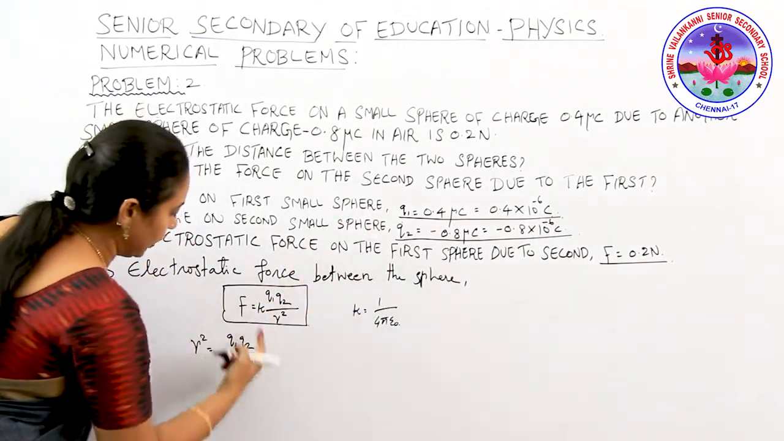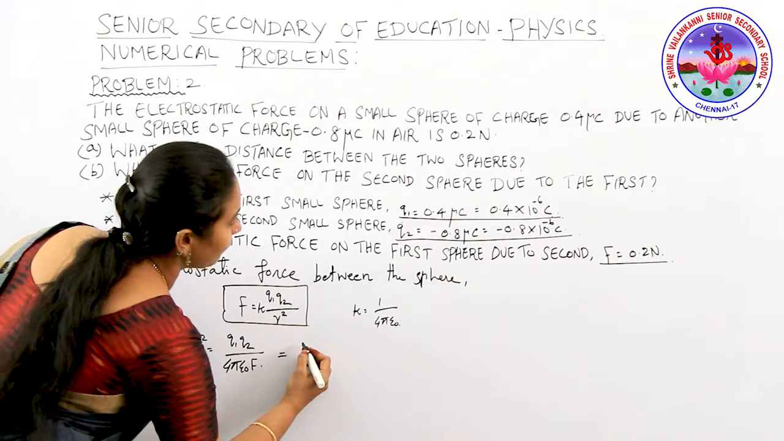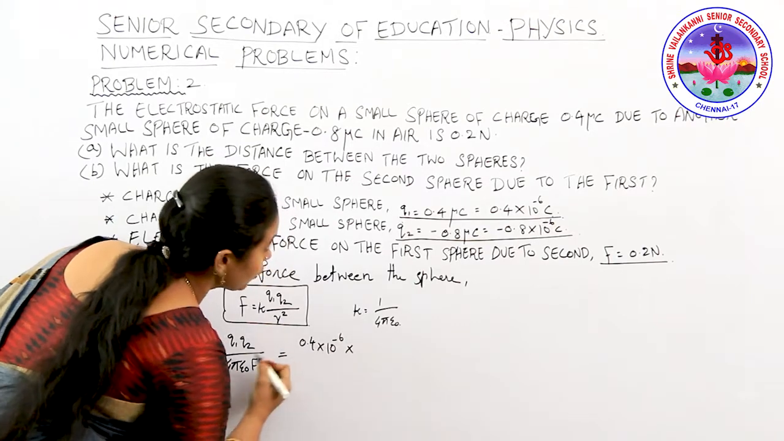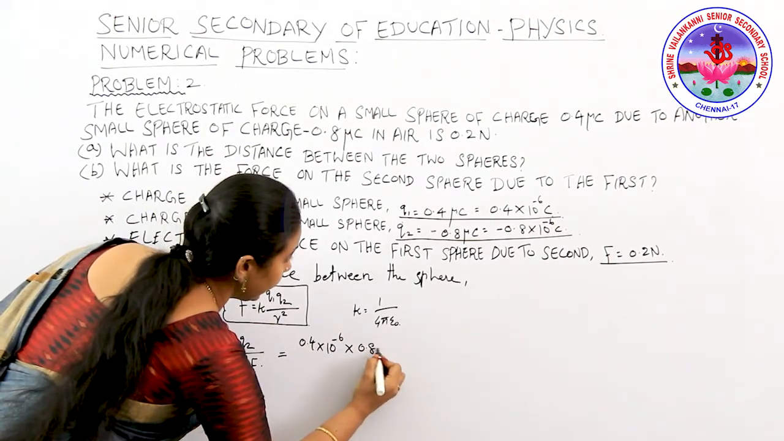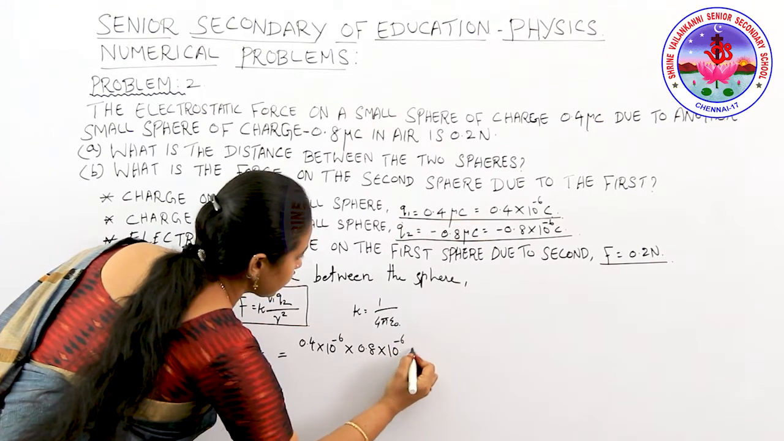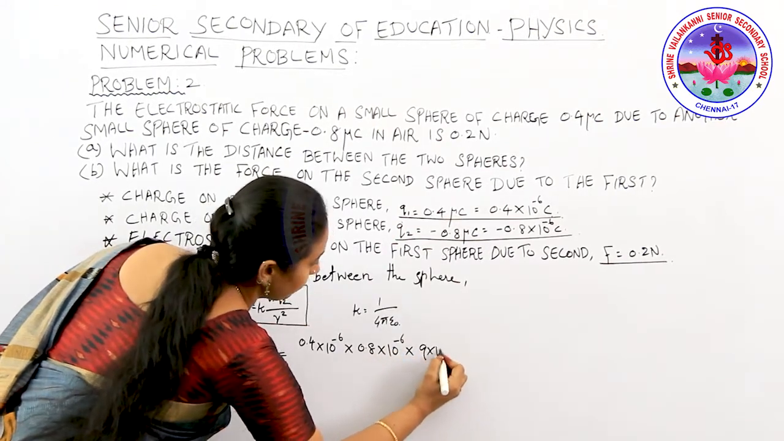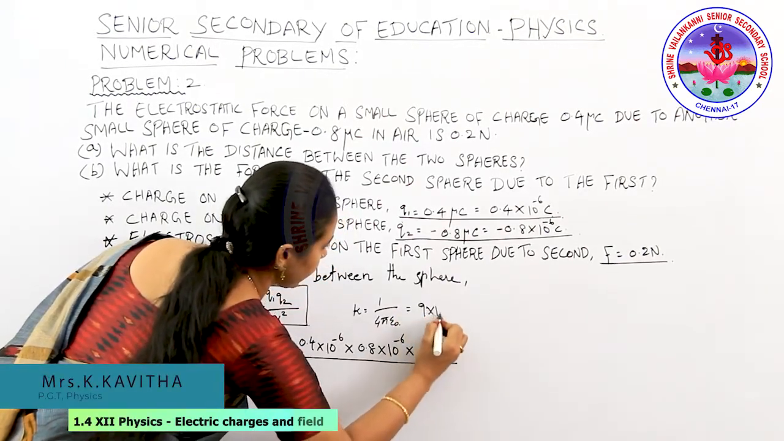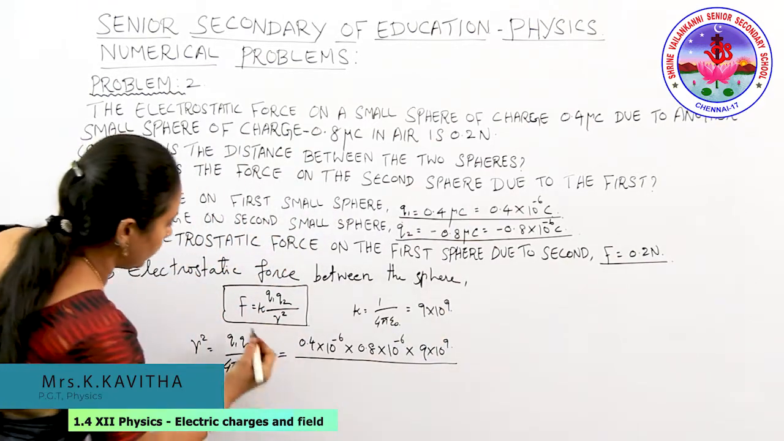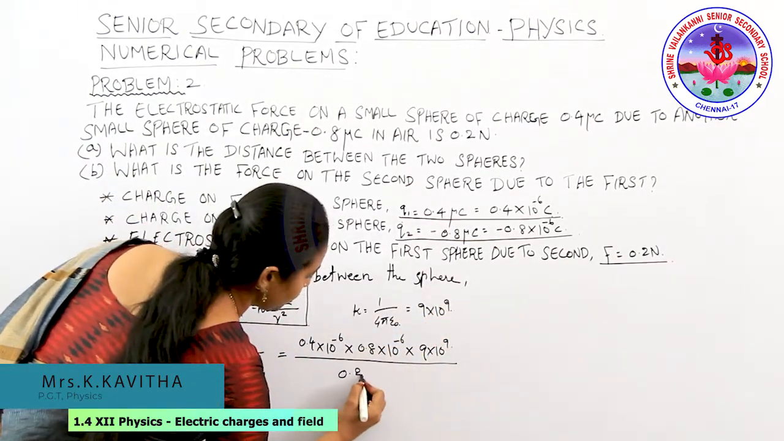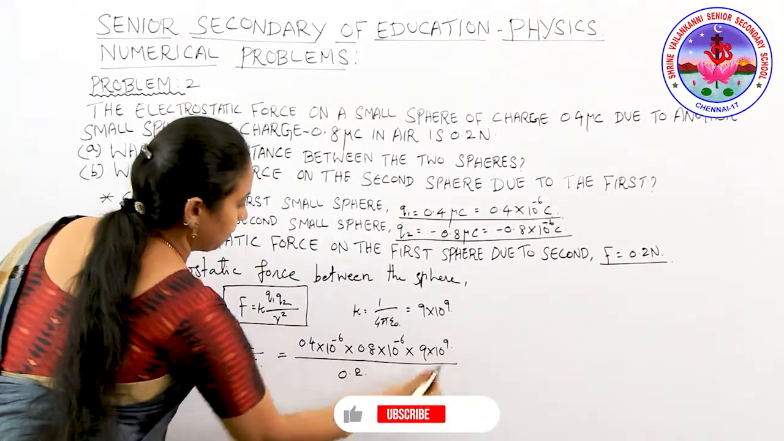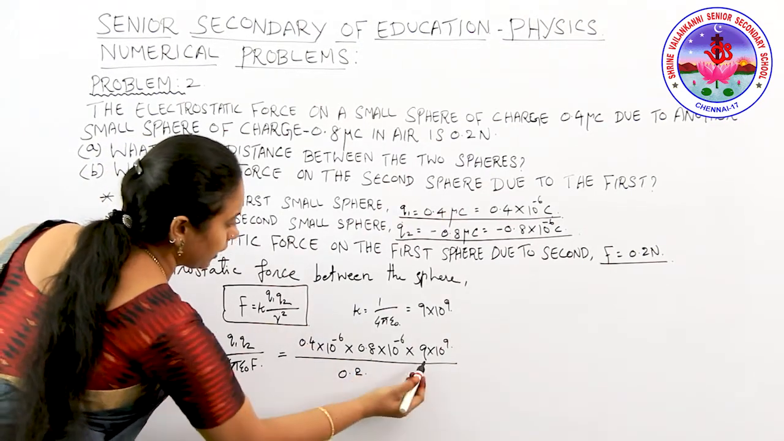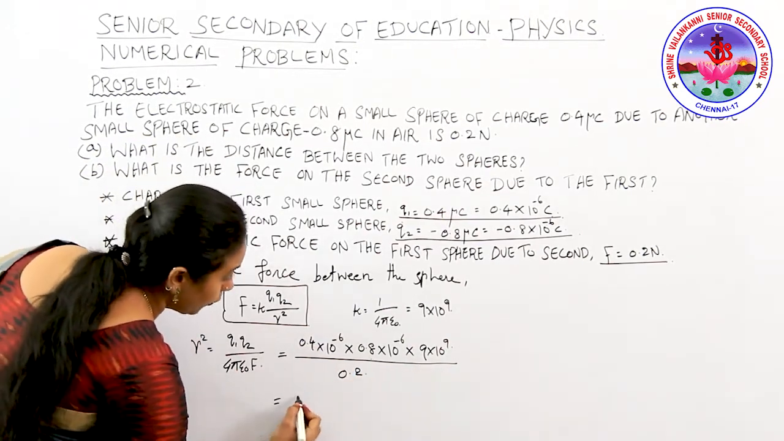By applying all the values, we will get, so that is equal to Q1 value, which is 0.4 into 10 power minus 6, into Q2 value 0.8 into 10 power minus 6, into 9 into 10 power 9, which is 1 by 4 pi epsilon naught value, equal to 9 into 10 power 9, right? So F value we got, that is 0.2. So we are going to simplify this value. As we know, the 0.4 and 0.8 and 9, if you simplify that, you will get then